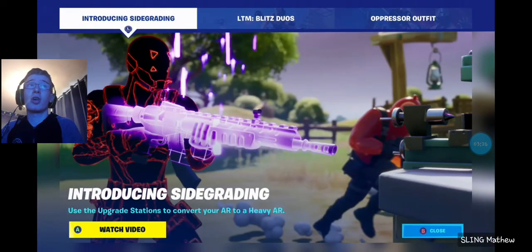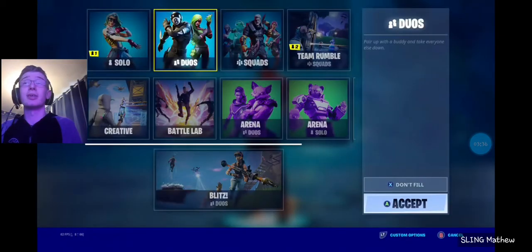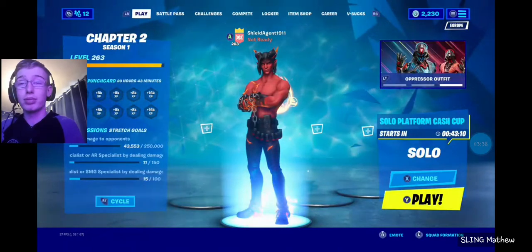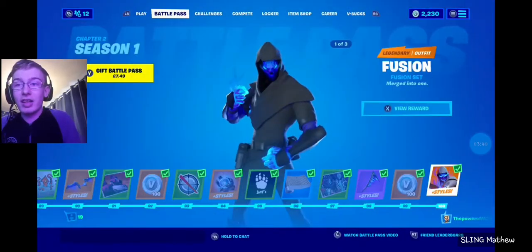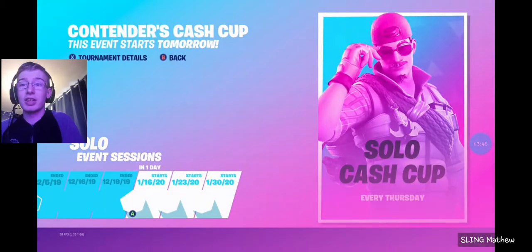So as you guys just saw right there, you can see some of the costs of certain things. Epic to legendary SCAR is now only 200 of each material, which is pretty impressive. And side grading an epic to an epic heavy AR was only 200 of each material. Now as you can see, Contender's Cash Cup and